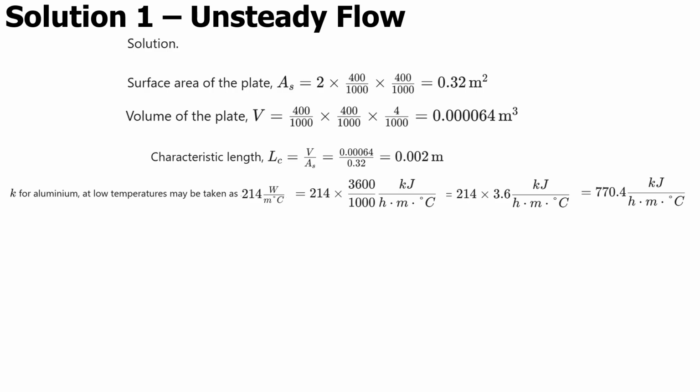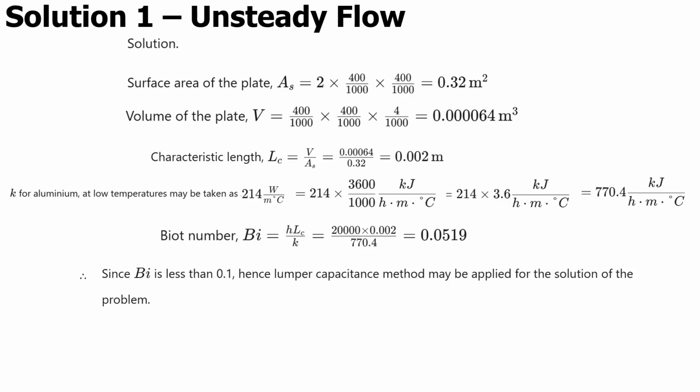the slide, and we can now calculate the Biot number, Bi. Now the Biot number is a dimensionless number that tells us the ratio of conductive resistance within the object to the convective resistance at its surface. So it's calculated as h L_c divided by k. Plugging in our values, we get a Biot number of approximately 0.0519. Since our calculated Biot number, 0.0519, is significantly less than 0.1, we can confidently apply the lumped capacitance